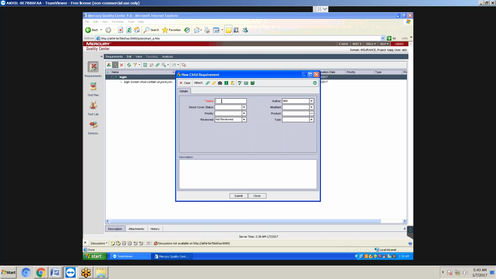Second requirement I am taking: whenever click on clear button, all the fields must be cleared and cursor must be placed in the username field.